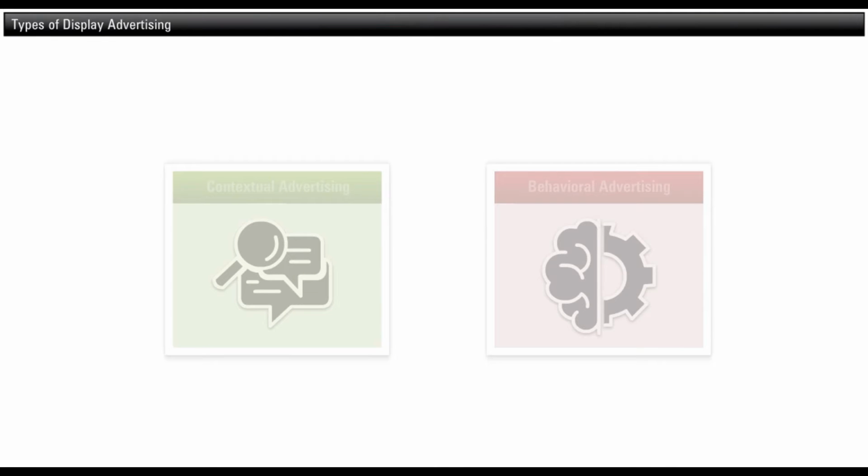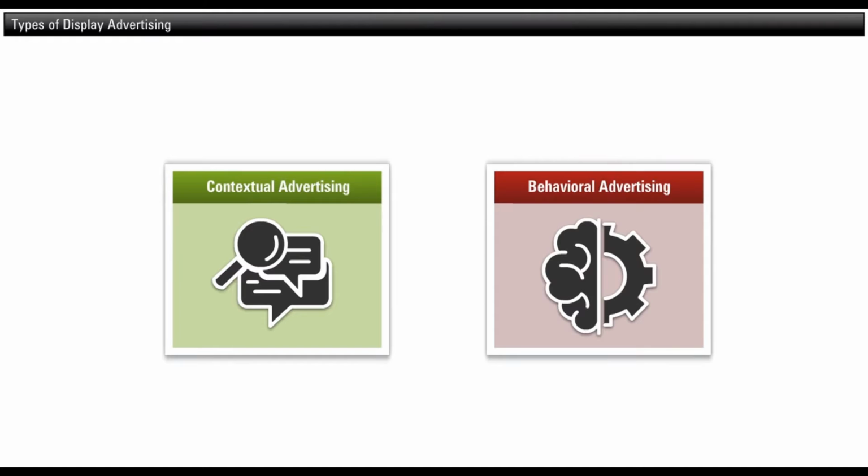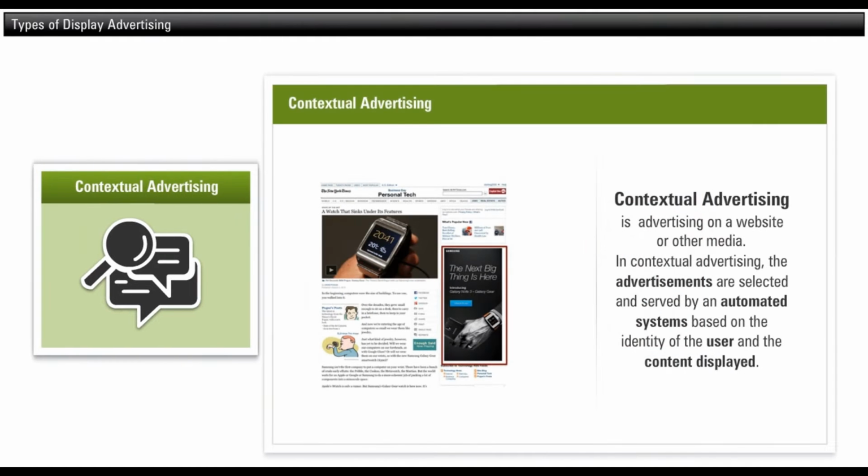Now that you are aware of the evolution of display advertising, let us take a look at the different types of display advertising. There are two types of display advertising, namely contextual and behavioral advertising. Contextual advertising is advertising on a website or other media. In contextual advertising, the advertisements are selected and served by an automated system based on the identity of the user